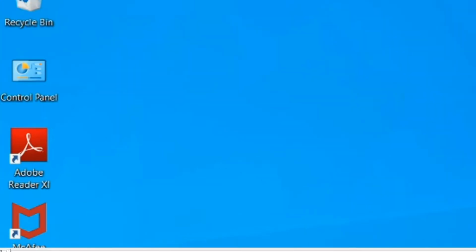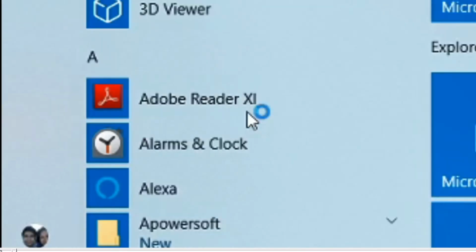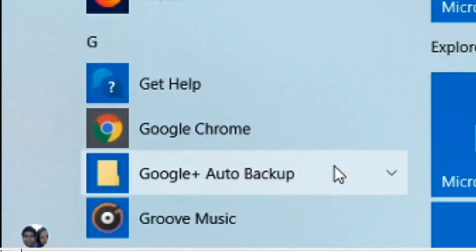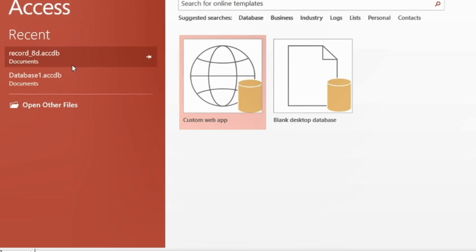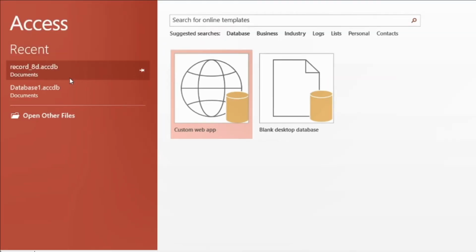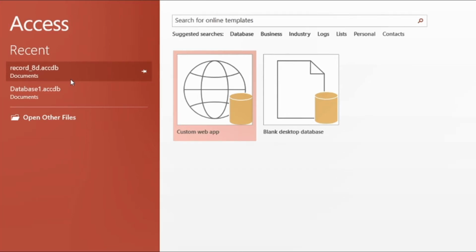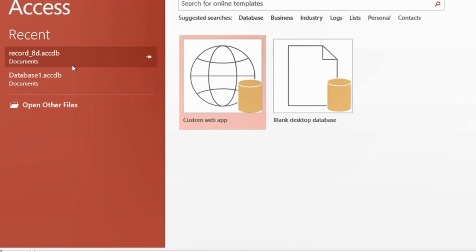So let us start. For that you need to click on the start button. From there, locate your MS Office suite and then find MS Access under this package. Click on MS Access. Now, in the previous session, we already discussed how to create a table, and after creating a table, we learned how to change it and generate queries, forms and reports. So we shall use the same table again.